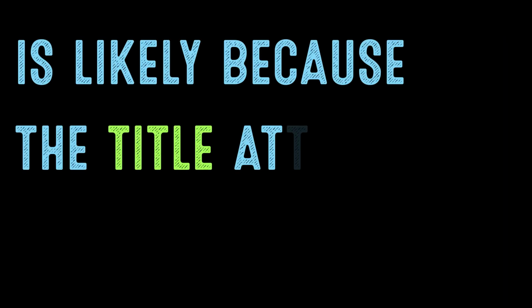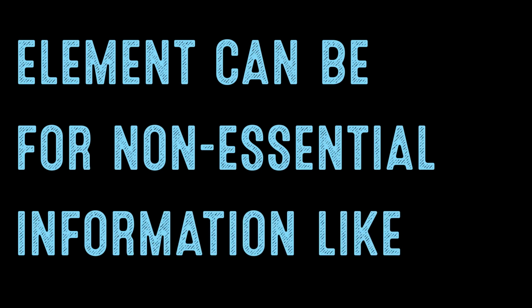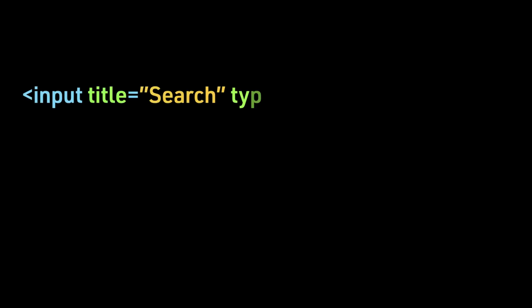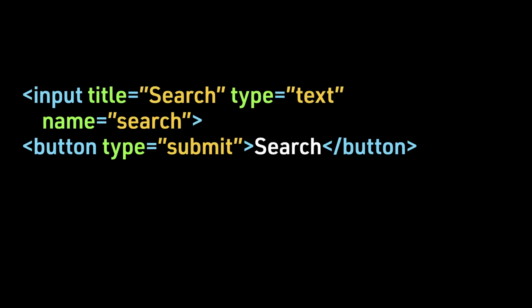This is likely because the title attribute for the input element can be used for non-essential information like a tooltip when hovering over a form field for sighted users. So here you can see that we have a title attribute for search attached to the input element and a